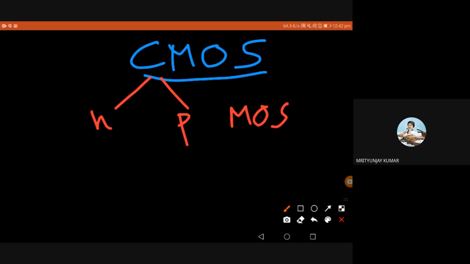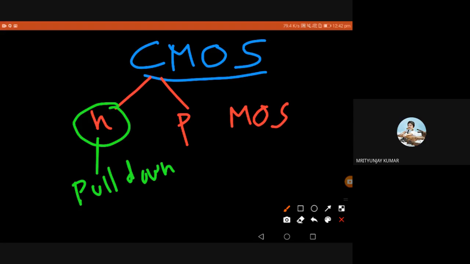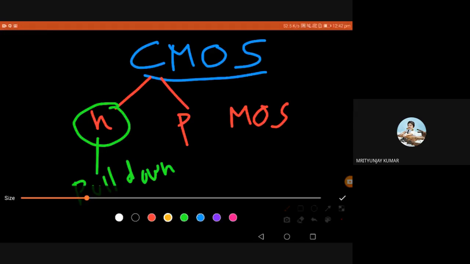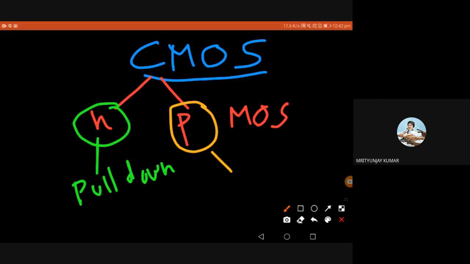One thing you should remember is that in CMOS, like in this last example, the NMOS is called the pull down network. Why? Because in the last example, the NMOS was at the bottom, connected to ground. It was always trying to push Vout, the output voltage, to ground. So it's called the pull down network. And the PMOS is called the pull up network. Why? Because PMOS was connected to VDD or VCC, plus 5 volt, the maximum voltage, so it was trying to push Vout to high voltage. So it's called pull up.